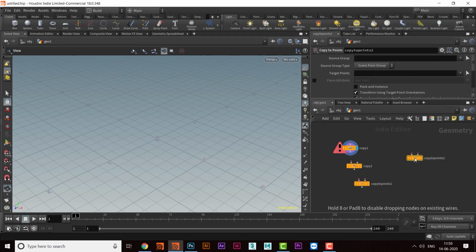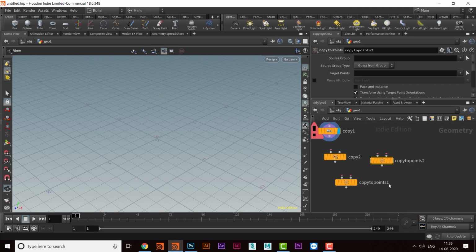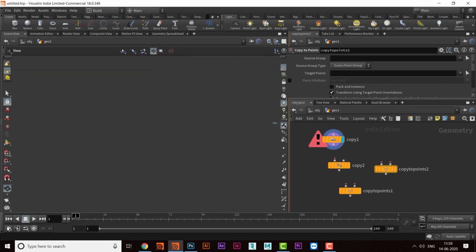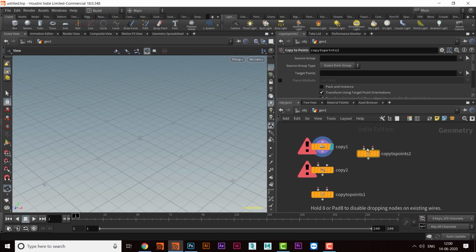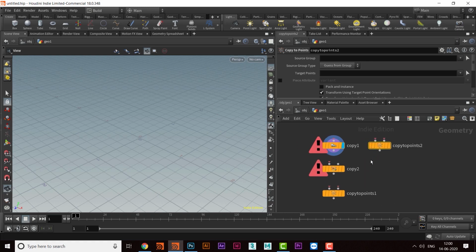So these are four nodes we have in Houdini, and these nodes will copy the objects onto maybe points or a surface, and maybe if they have only one input node, then they will just do copy.